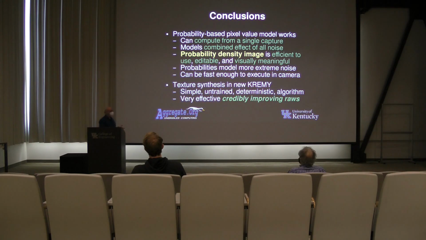The probabilities handle more extreme noise fairly efficiently, as you can see. It can be fast enough to execute in a camera, which is not true of things that are at least competitively good to it. And basically, the texture synthesis in this is actually simpler than what I had in the tools back in 2015 and 2016. So what we end up with is a very simple, untrained, deterministic algorithm implementing these repairs. And essentially, it does a good